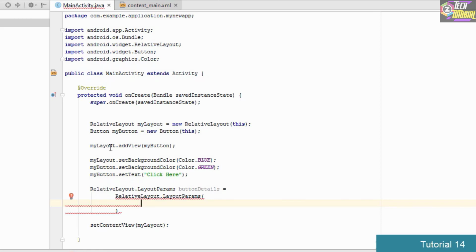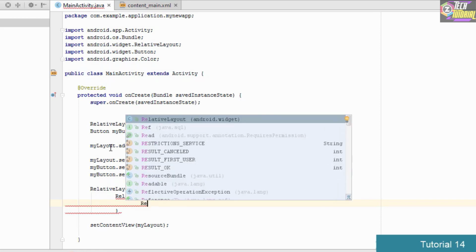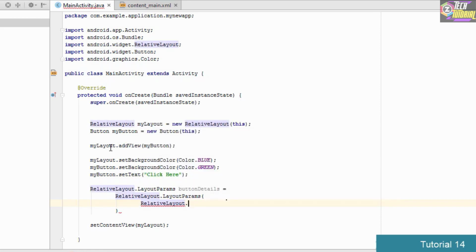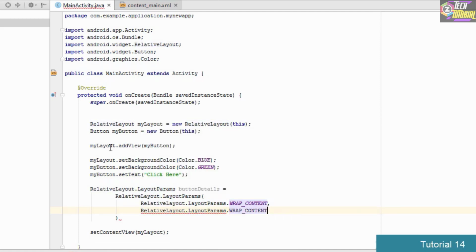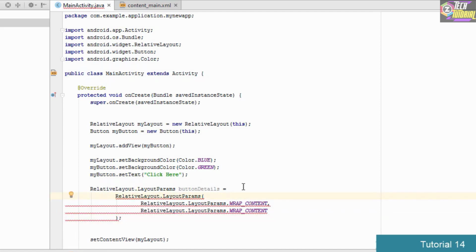Now in this case we want to use wrap content, which is basically used when we want the container to wrap along our elements. So we type RelativeLayout.LayoutParams.WRAP_CONTENT, and this is going to wrap the content for us. Then again we type RelativeLayout.LayoutParams.WRAP_CONTENT, and make sure you end this with a semicolon. Also, as we are creating a new object of the parameters, make sure you specify the new keyword here, and as you specify new, you can see that all the errors are automatically gone.